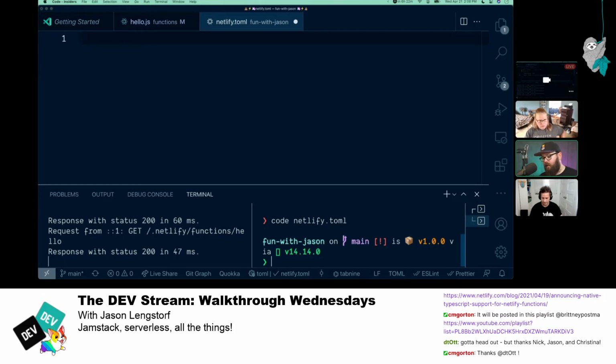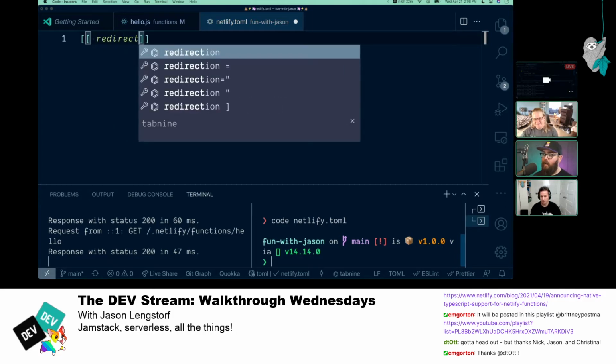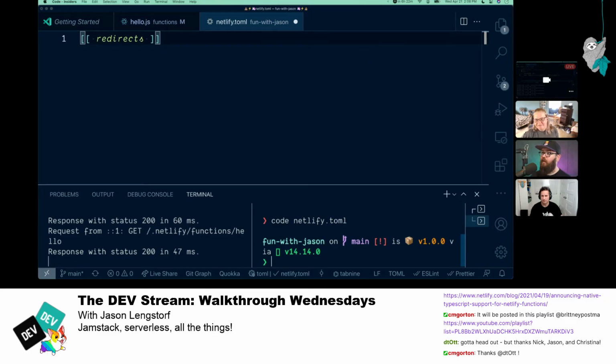So in double square brackets, write redirects. Is it in quotes? No, just regular. And then the first argument is going to be from equals.